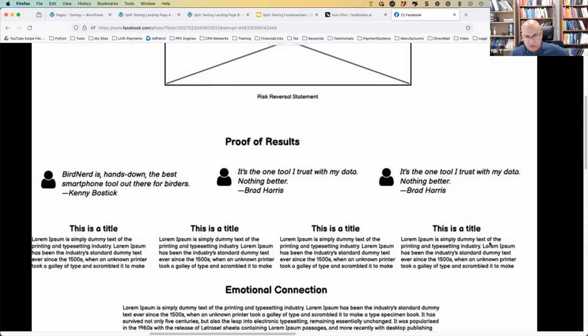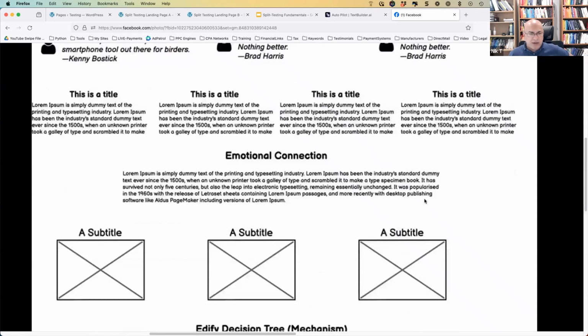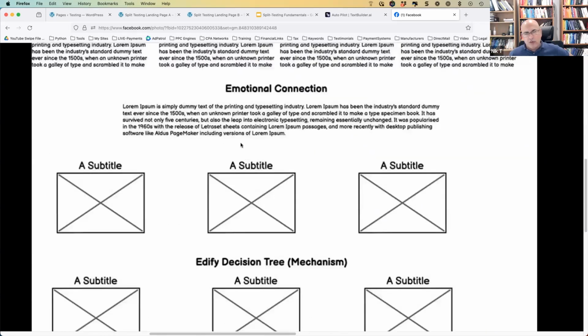Generally speaking, on most mobile, you can do 3 columns or 4 columns. Next comes the emotional attachment part, connection. This is where you want to drive some value around why you. So, for example,